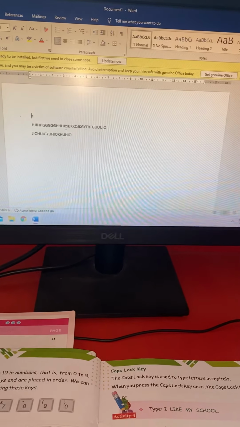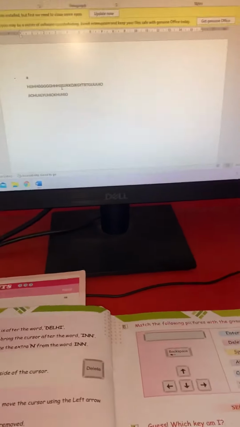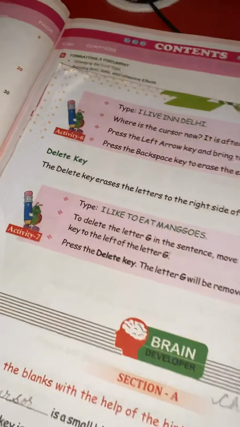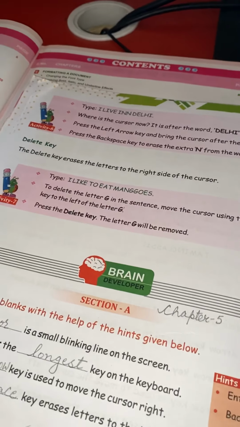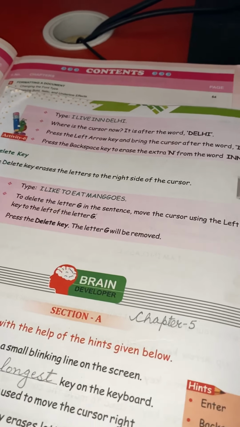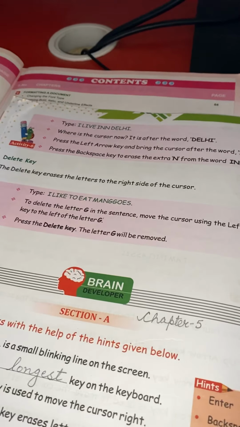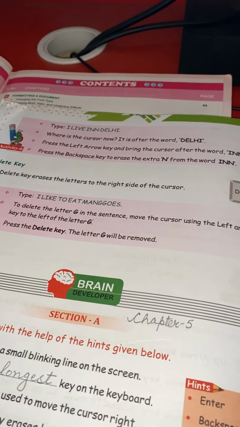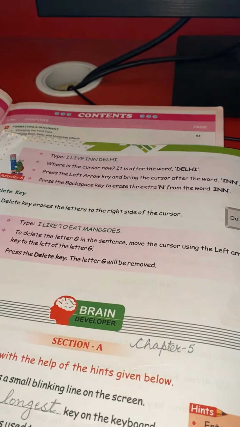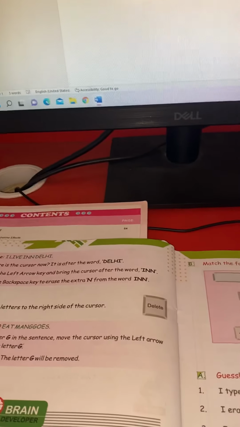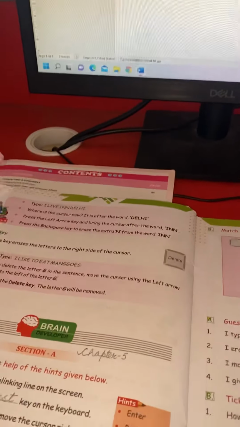Now, the next key is the delete key. Delete key also erases the letters, but where? It erases to the right side of the cursor. This is the main difference between the delete key and the backspace key. The delete key erases the letters to the right of the cursor, and the backspace key erases the letters to the left of the cursor.